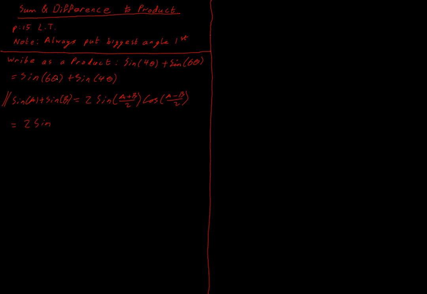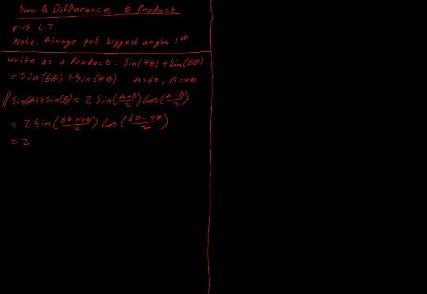Sine of 6 theta is A. So I can write that A is equal to 6 theta and B is equal to 4 theta. So I have 2 sine of 6 theta plus 4 theta all over 2, cos of 6 theta minus 4 theta all over 2